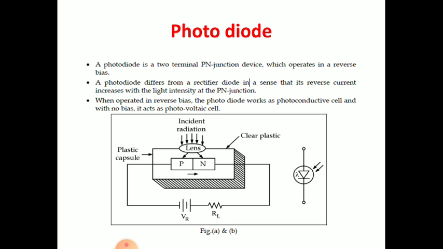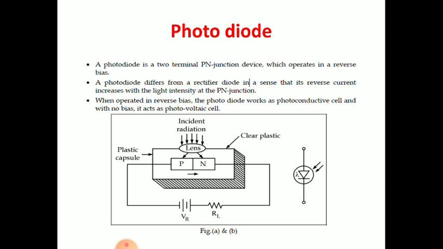So that's how it will generate the power. Now see the diagram of the photodiode we are looking into. It is a PN junction, and we have an extra plastic case covered around this PN junction, and the incident radiation is made to fall on a lens. The lens will concentrate the light to radiate at the PN junction,